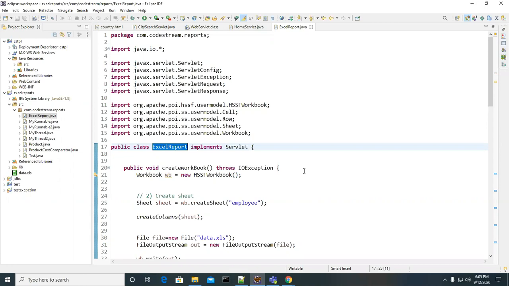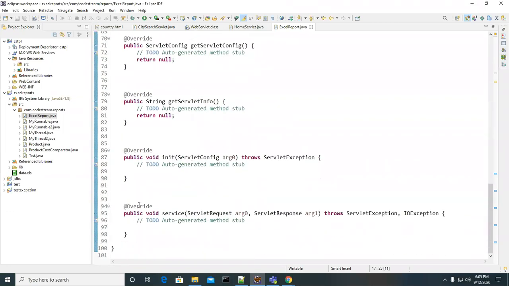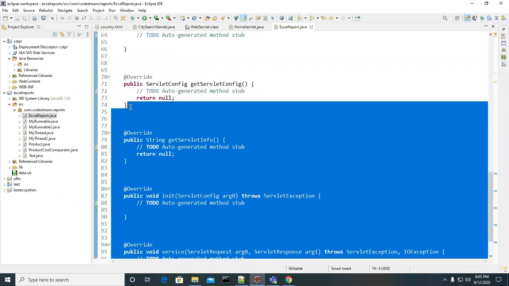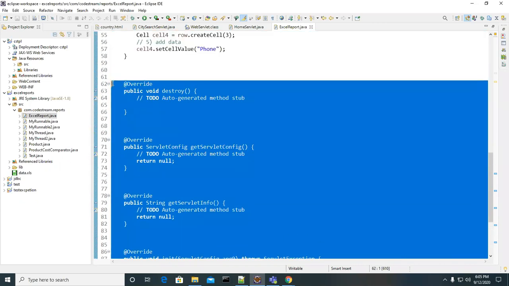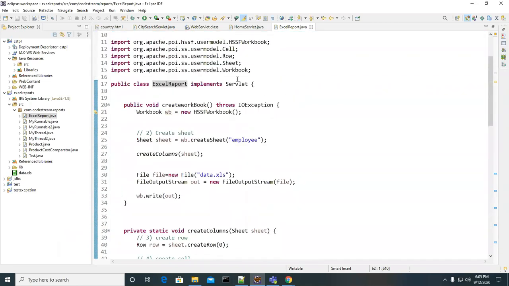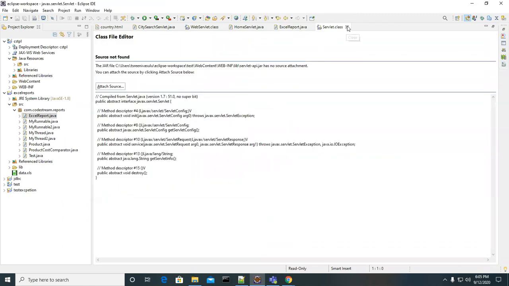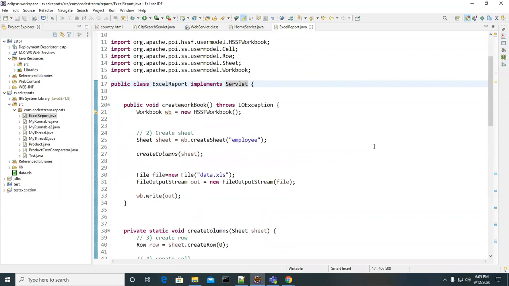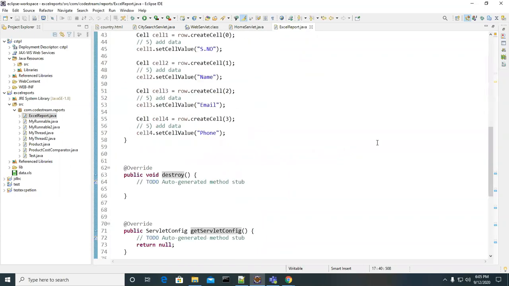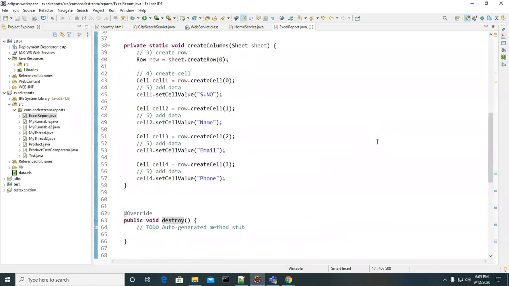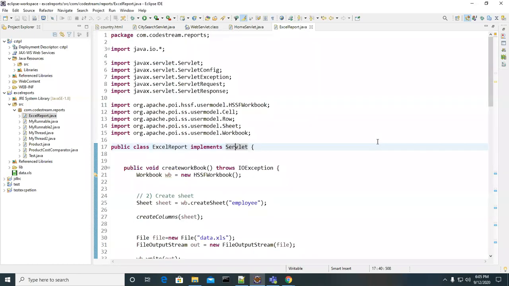Whenever you implement an interface, you have to provide implementation for all the methods of that interface. The methods of the servlet interface are init, destroy, service, getServletInfo and getServletConfig. These are the five methods we have. We have to provide them, and then only can we call that program a servlet program.